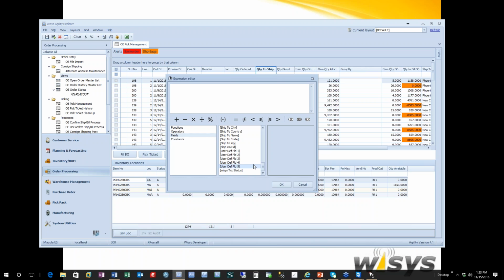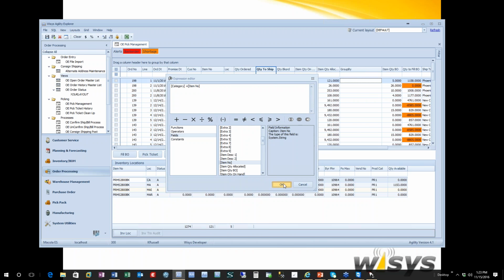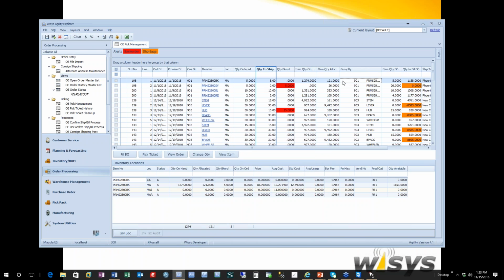So in this instance, I'm going to look for my fields and I'm going to grab my category that I created. And then I'm going to add my plus sign because I want my category, and then I want it to group with my item number. And I'm going to click OK. And you can see here now, this is my user-defined field plus my item number, which could be any kind of category. And I'm going to drag this up here,